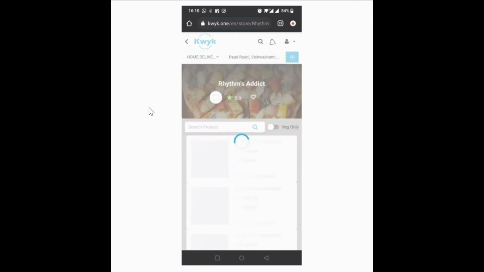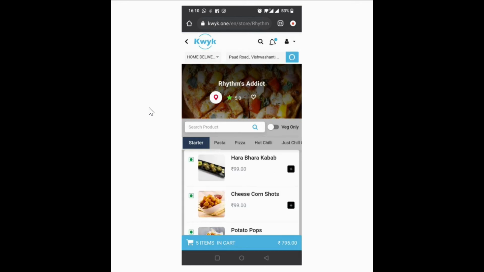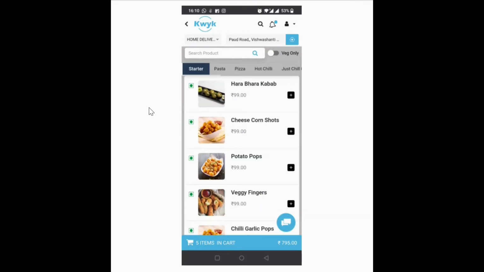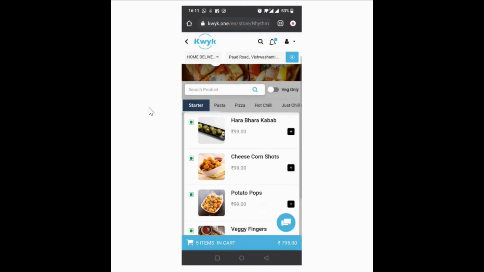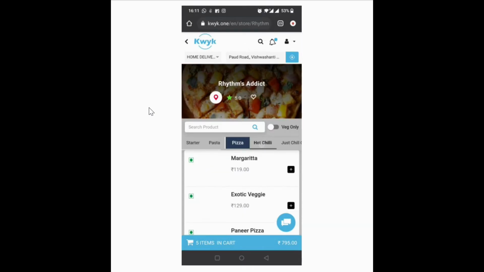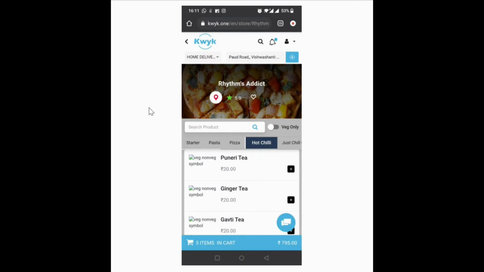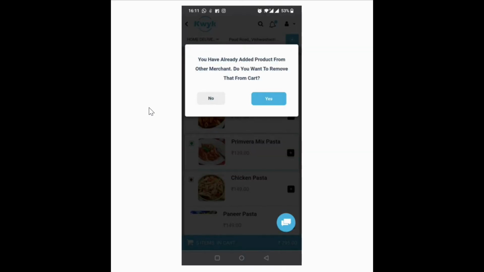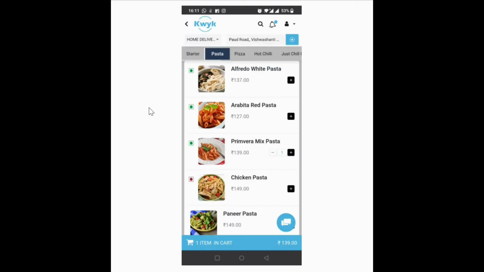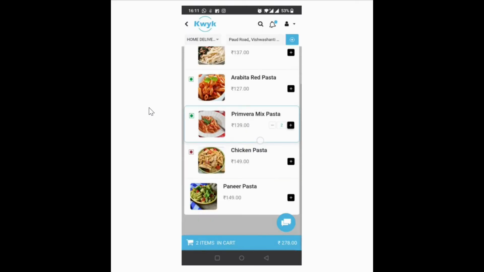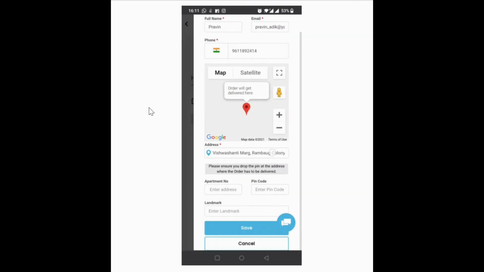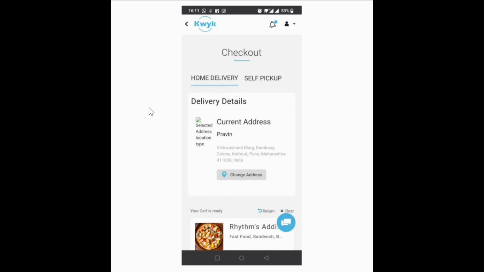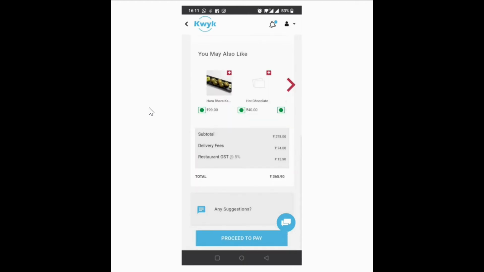and without any need for downloading the app, they can directly see the menu page where they can just select whichever product they want to order. And then again review the items, select the address and then proceed to pay.